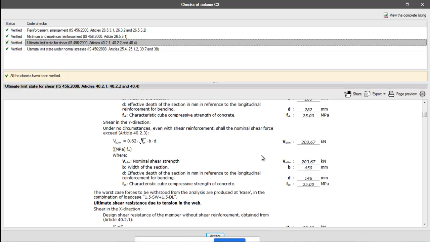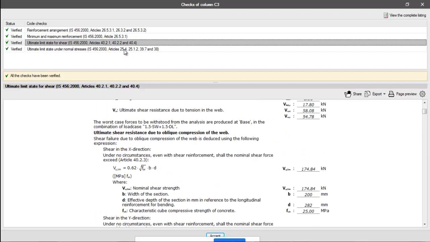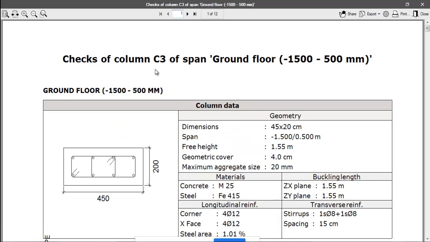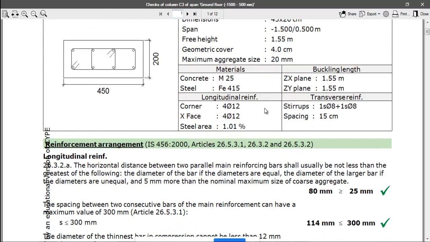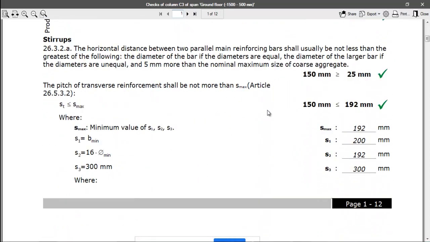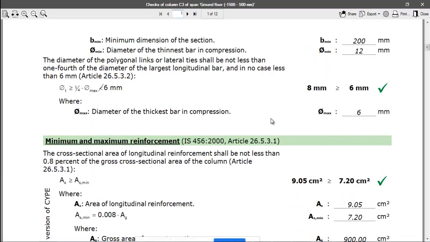Okay, in case you want to take a print of this, you can select the complete listing here, and the software is preparing it. For a single floor design, you have got 12 sheets of design calculations. All the necessary information is available here, complete design calculations.